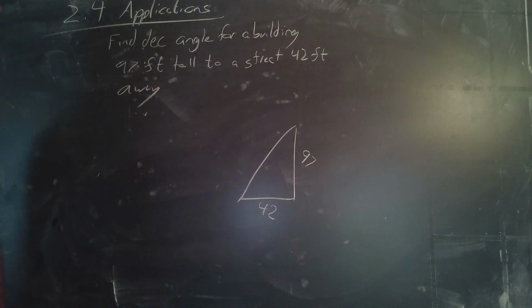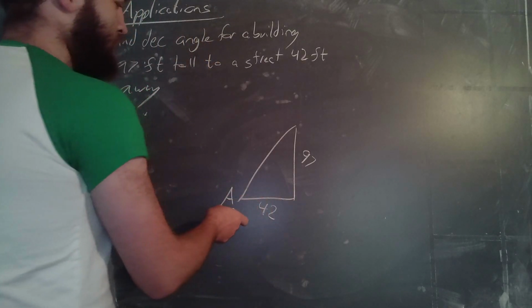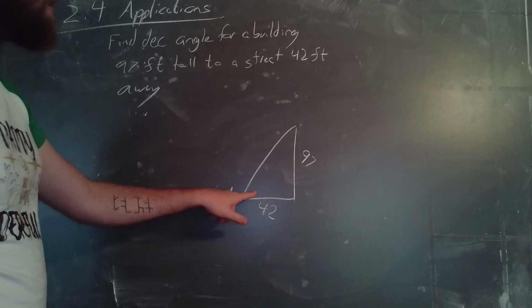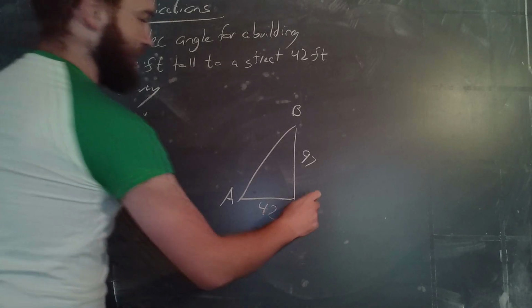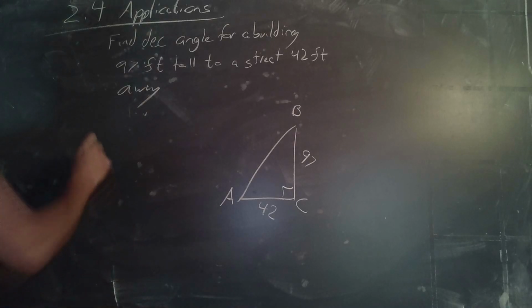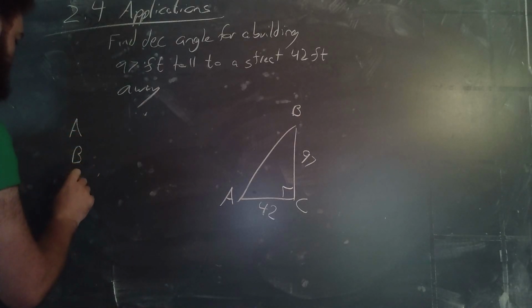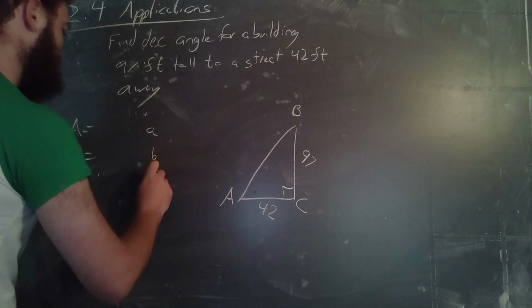feet away. Now we do not know C, so if I label this, I'll have capital A is this angle here. I'll have capital B is this angle here. And then I'll have capital C is the right angle at the base of the building. Now notice here that we want a specific angle. So I'm going to make my answer chart,